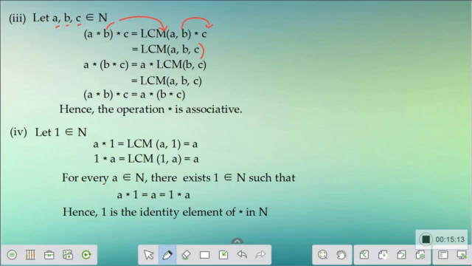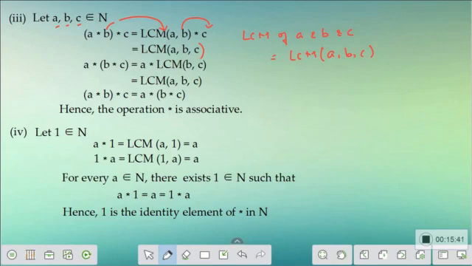So LCM of AB operated on star with the element C is nothing but LCM of AB and C, which is nothing but LCM of A, B, C.